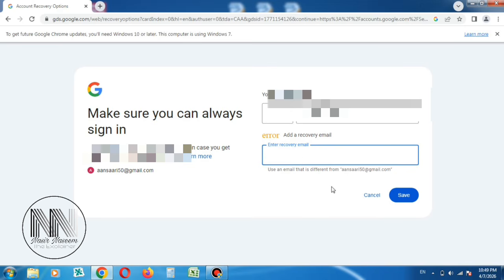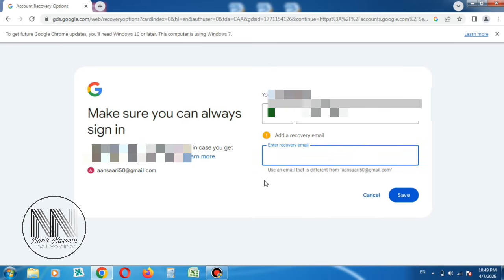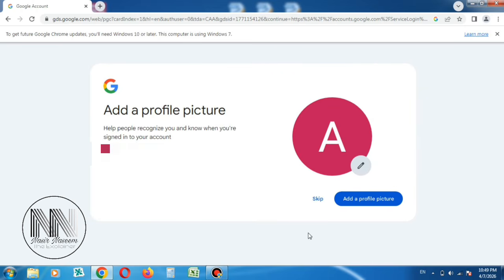The system is asking for a recovery email. If you want to add one, you can, or you can skip. In this video I am going to skip this process. Now the system is asking to add a profile picture to your ID. If you want to, you can continue, but at the moment I am skipping. It will take a few moments,